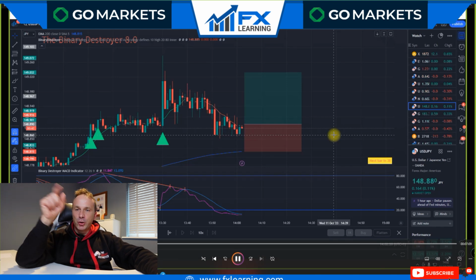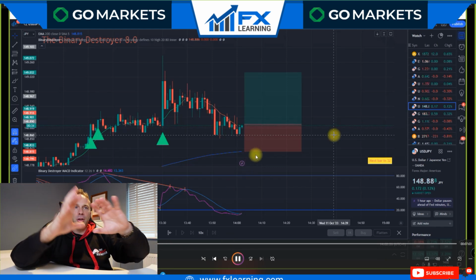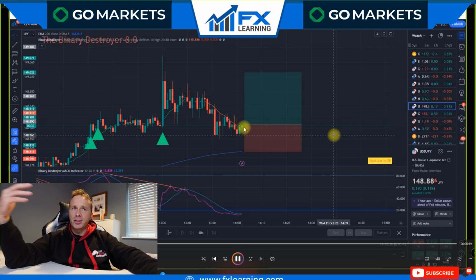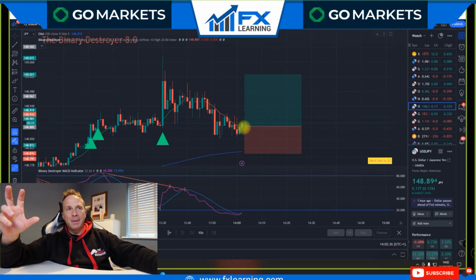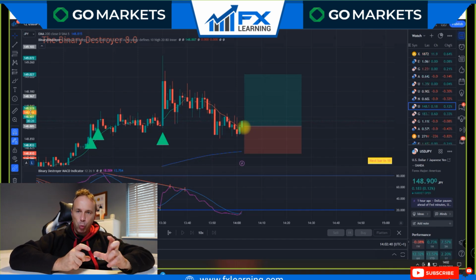On my right screen, which you can't see, I'm looking at the Telegram and I can see the BD members posting. So basically, you can see me take the trade. We're just closing above the moving average, which is great. I've gone for 1 to 2. Now, what I'm doing, and most of the BD members are doing, as soon as the trade goes to a 1 to 1,